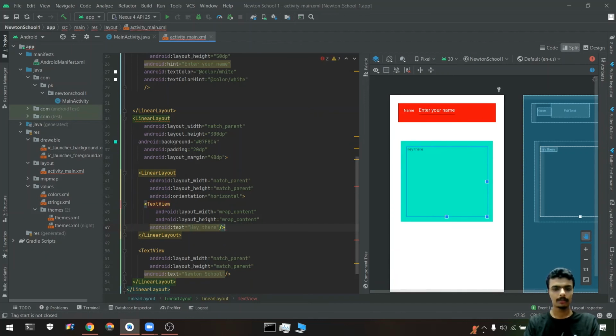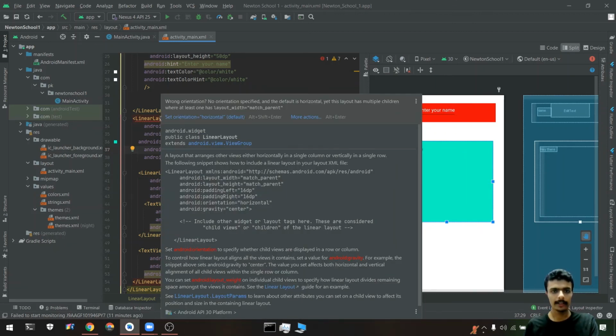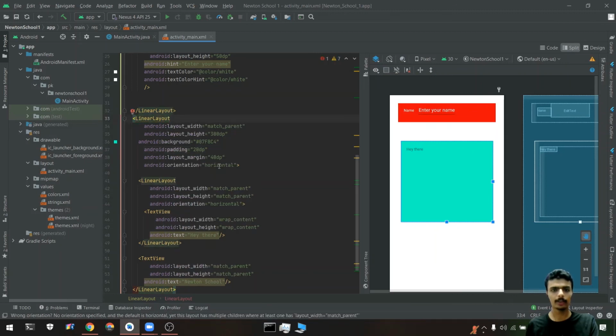Okay, so yeah, it's fine. So see, there is a parent and there is an inner linear layout which is placed inside that. So see, there is an error: the linear layout is not showing anything. So I can set the orientation, just click on this button and my orientation has been set to horizontal, or I can set it to vertical.